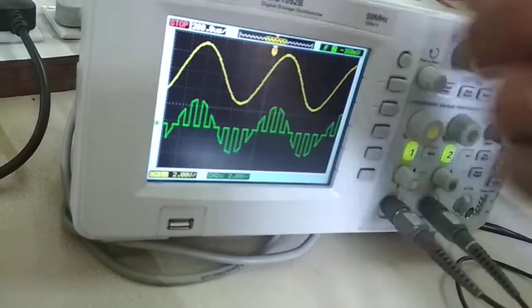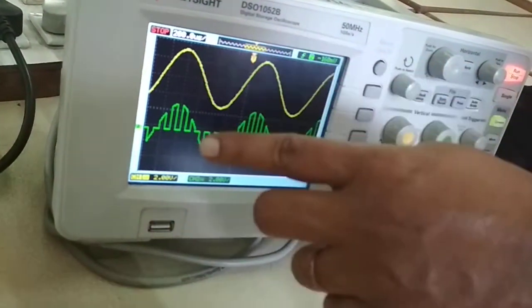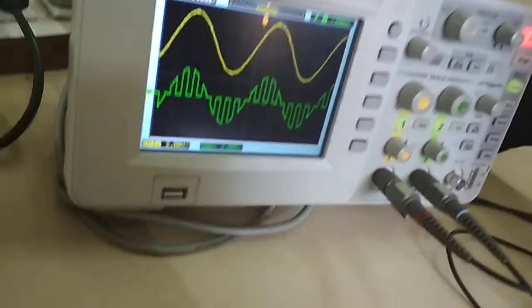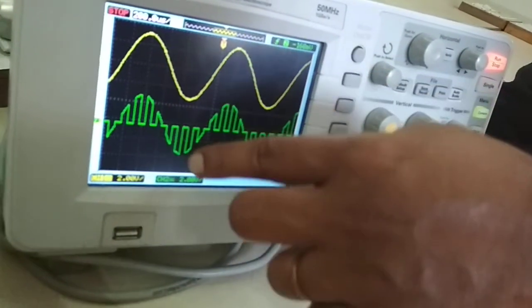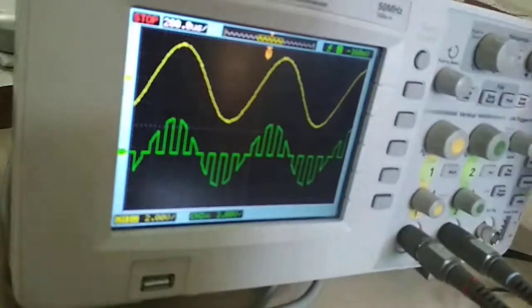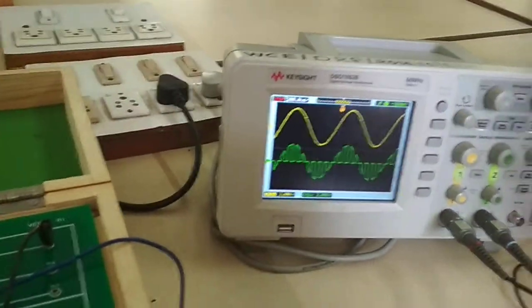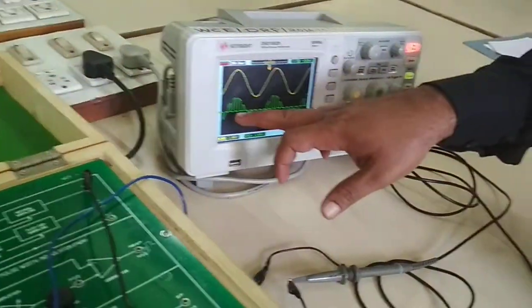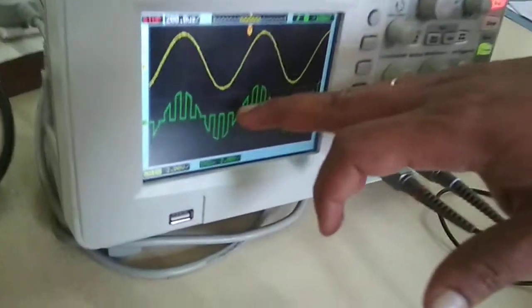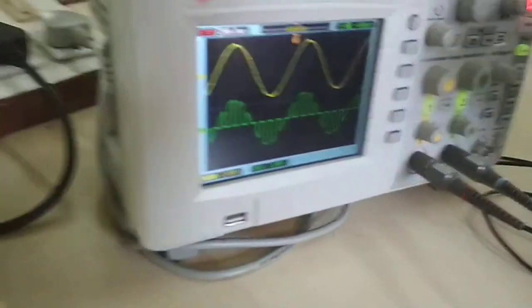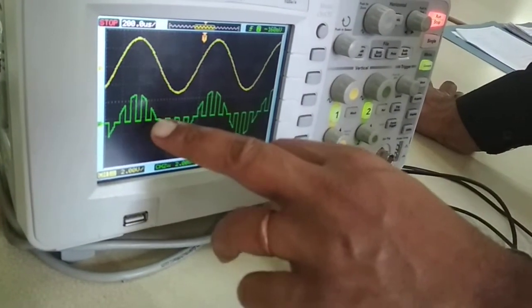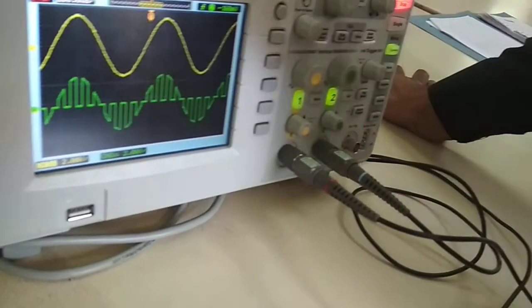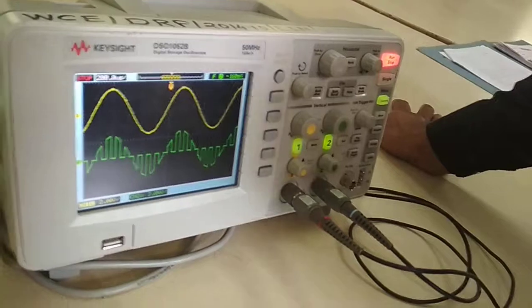We know that when the modulating signal is at the maximum peak, we get the maximum amplitude here, right? And whenever the signal is negative, we get this negative sample. So this is sampling, pulse amplitude modulation. Here the amplitude of the carrier is modulated. Now our task is to measure the highest peak and then the lowest peak here, and then also we will see the amplitude of the carrier signal as well as the modulating signal.